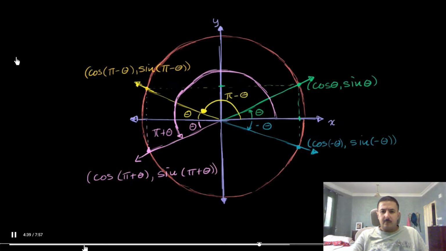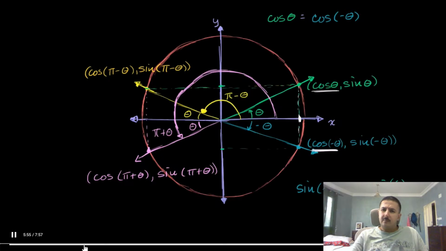Well, notice over here, out here on the right, this cosine of theta is equal to the negative sine of theta. Above or below the x-axis, you're going to get the negative value for the sine. And we could do the same thing over here. How does this one relate to that? Well, these two are going to have the same sine values, right? The sine of this, the y-coordinate, is the same as the sine of that. So we see that this must be equal to that. Let's write that down. So we get sine of theta is equal to sine of pi minus